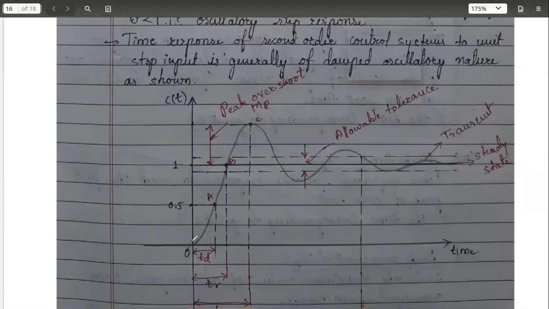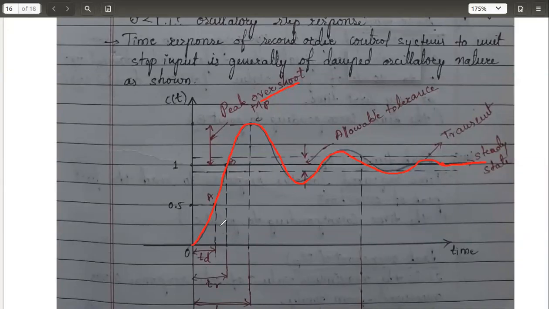Whatever I have drawn with this pencil is the response that we get when you apply unit step as the input. From 0, the curve is increasing. It attains some peak value here. We call this overshoot. Then a sudden decrease, you have undershoot. Then again increase and decrease in the amplitudes. So this is all your transient response, and finally, it will come to a steady state.